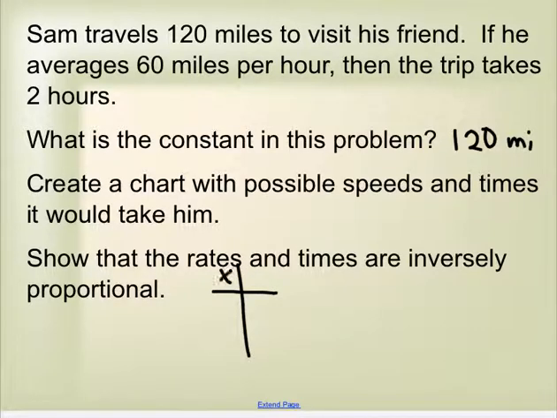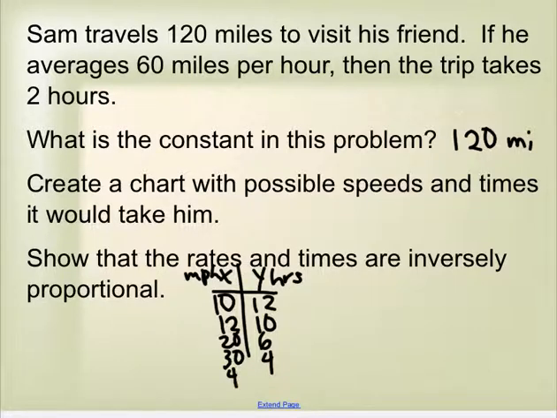So if x is the speed, y is going to be the hours. So this is my miles per hour, and this is how many hours it's going to take. Let's start really small. Let's say he's going 10 miles per hour. Well, then that means it's going to take him 12 hours to get there. Maybe he's going 12 miles per hour. Well, that means it's going to take him 10 hours. Maybe he's going 20 miles per hour. Well, then it's going to take him 6 hours. Maybe he's going 30 miles per hour. That's going to take 4